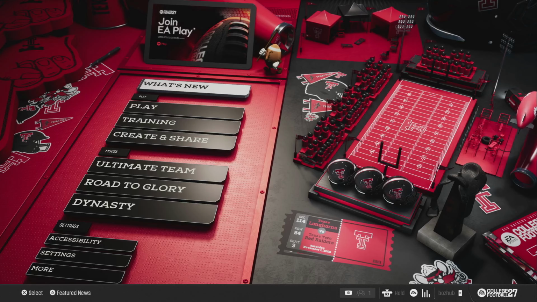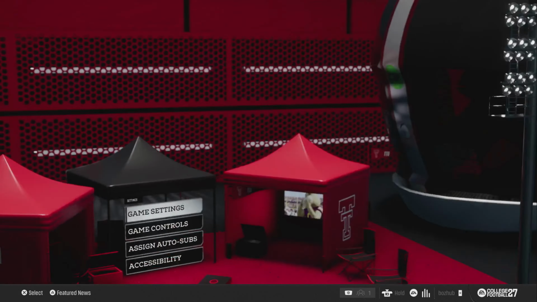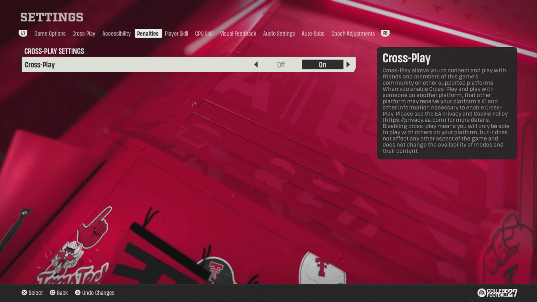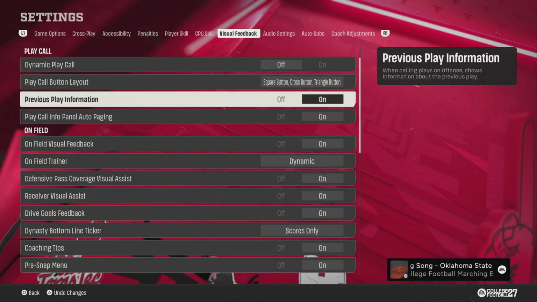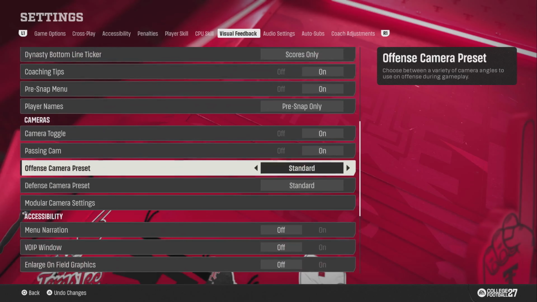First things first, what you need to go ahead and do is open up your settings from the main menu. So scroll all the way down. You're going to see settings on here. Open it up and then go to game settings up at the very top. And in this section, you're going to see visual feedback up in these top tabs. Go to tab all the way over there. And then you need to scroll down until you see the camera section. So continue scrolling down. You're going to see camera and there's a lot of settings on here, but you need